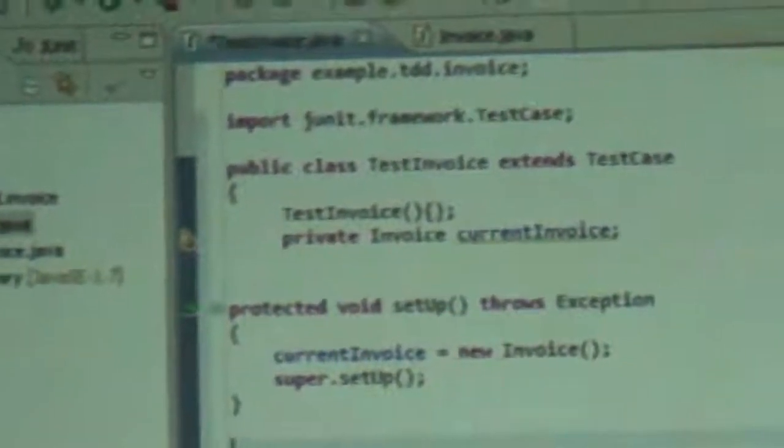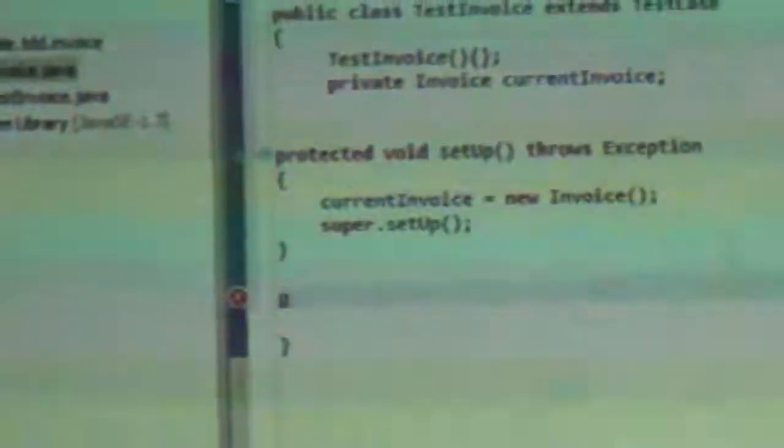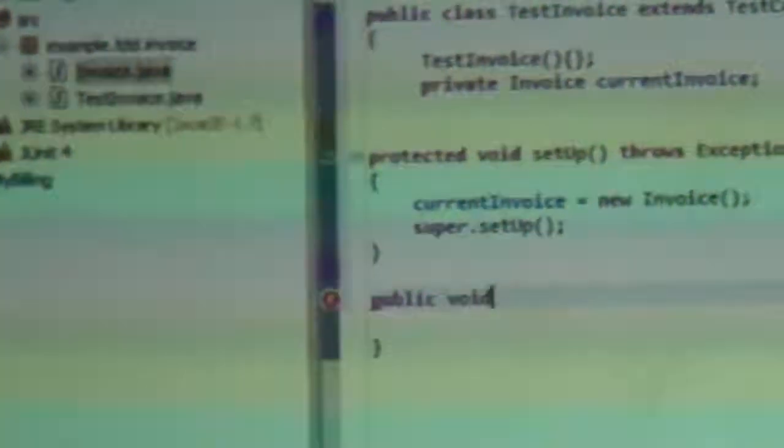Now what next? I need to have a real function for which I have started the work. So I will write public void test single product invoice. This is my first thing which I want to do. Now what should I have? I should have a double value for product price, which is 1000.